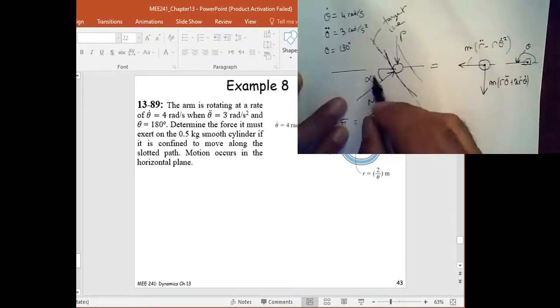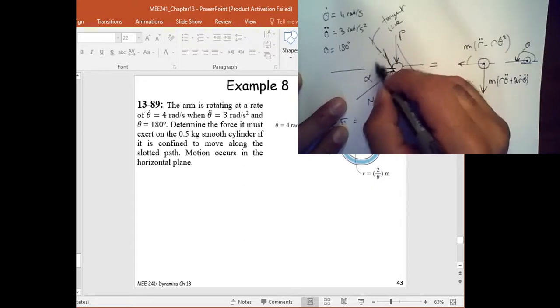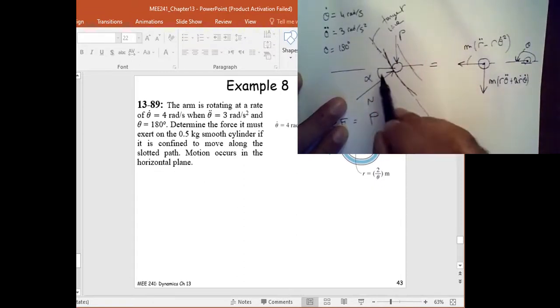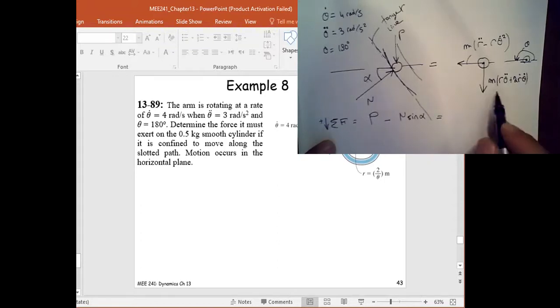and the radial line. So we can solve for phi. If phi is less than 90, then it's going to be here, or if phi is greater than 90, then it's here. So I can use that to find alpha. If I sum the forces in the vertical direction, I'm going to have P minus N sine alpha, which is going to be equal to this,